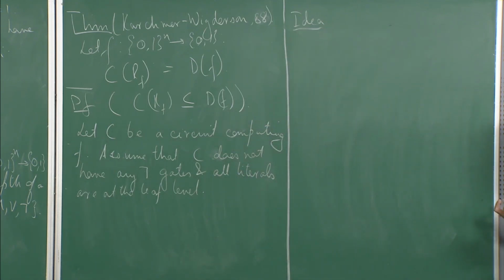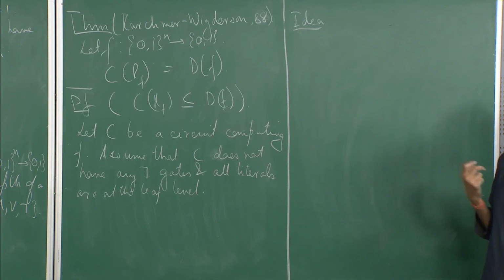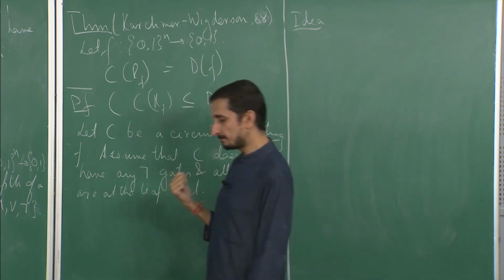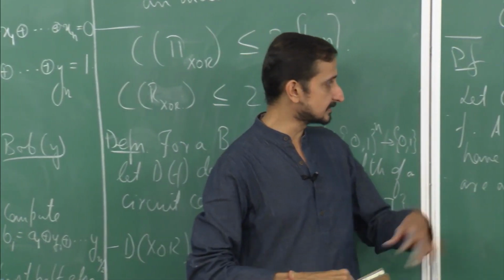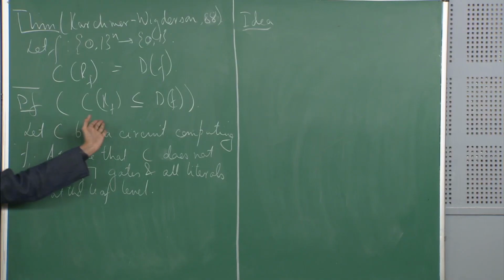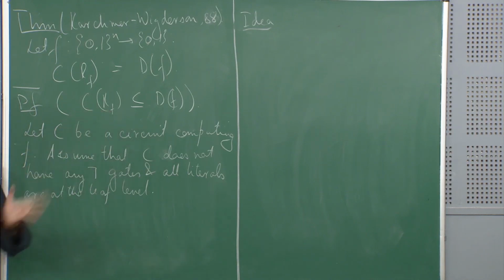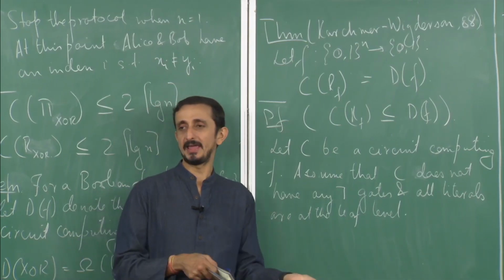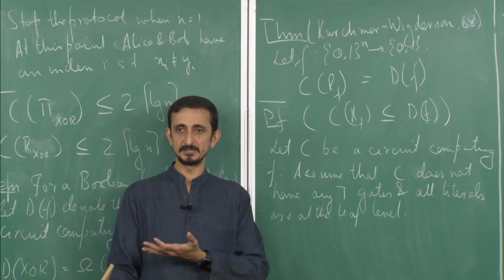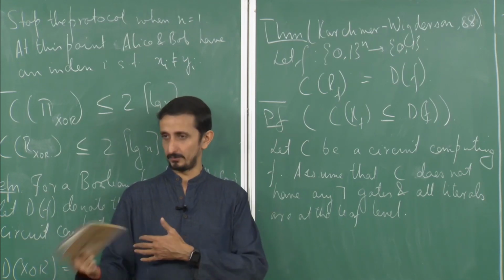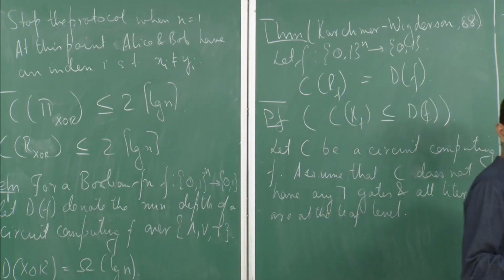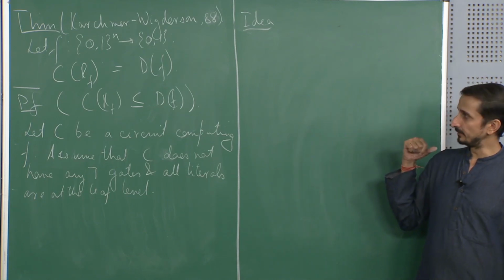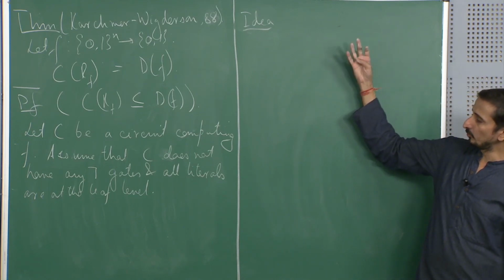What is the idea of this problem? So the idea is as follows. What do Alice and Bob have? We are looking at the relation R of F. Alice has an input X which evaluates to 0. Bob has an input Y which evaluates to 1, right? Now they have to communicate among themselves and produce an index on which X and Y differ. So the idea of the protocol is that